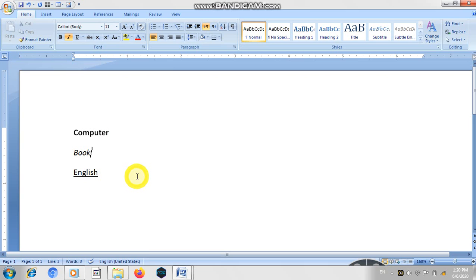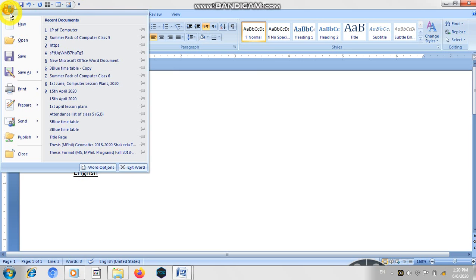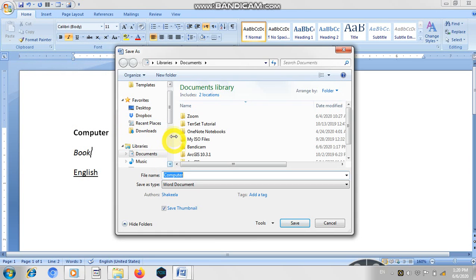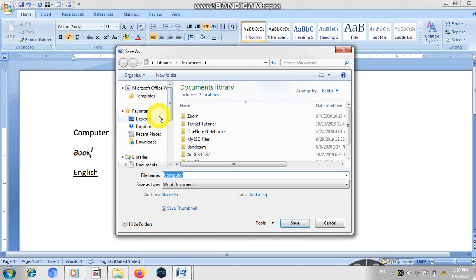Okay, now if you want to save your work you have to click on the option of this Office button. Then you have to click on this option save, and then here you have to choose where you want to save in your PC. PC means basically personal computer which you are using at your home. Okay, first of all I'm going to save it here in the location of desktop.